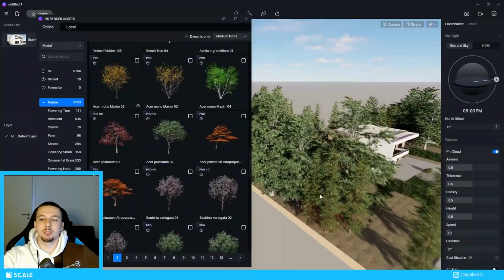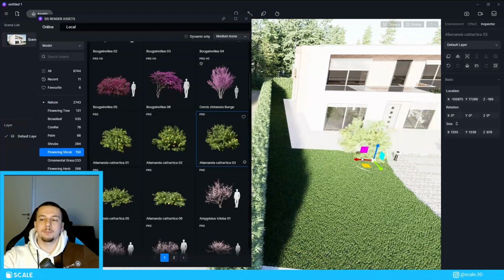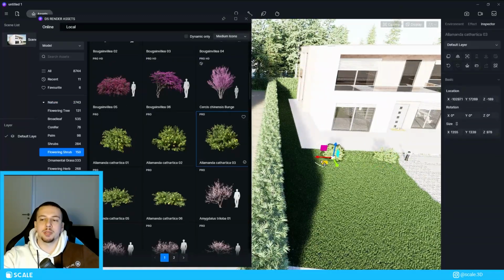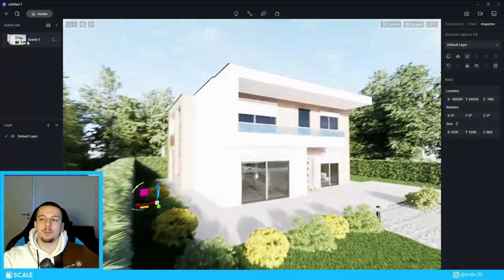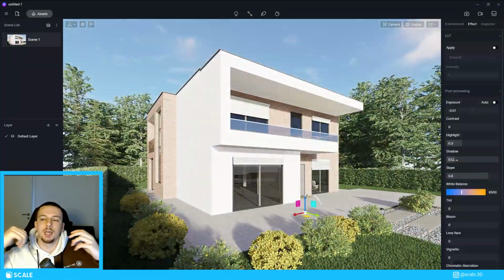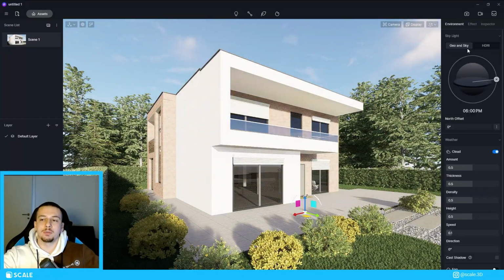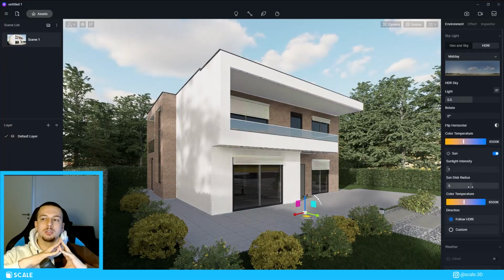Now I also did some bushes around the pathway and the slab, which maybe are not the best selection, but at the same time that space just needed some more variety in terms of landscape. I also did some changes on the sun intensity and on the effects. Everything that D5 offers in terms of visual settings is everything that you will need to get a realistic